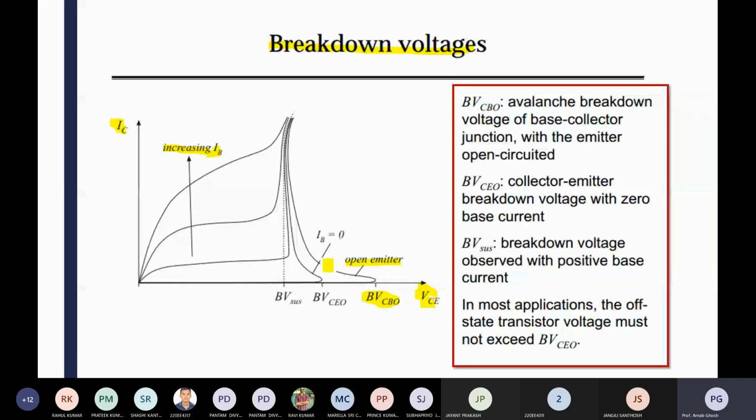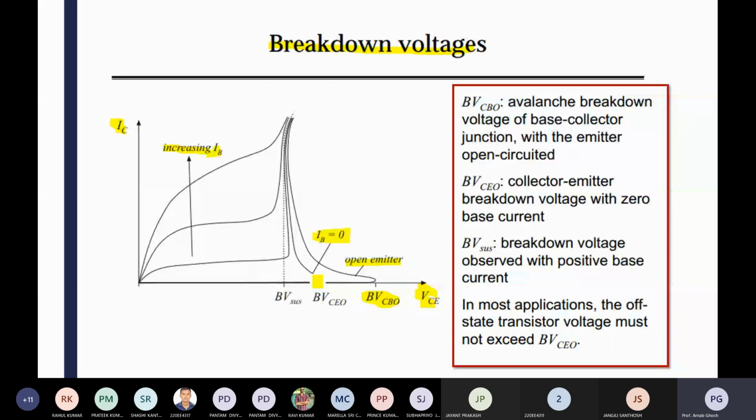Okay, so the emitter is open, so you should apply a huge voltage to turn on that device. How do you turn it on? There will be some avalanche breakdown, and your solid state device will be turned on. Then if you increase the value of IB, after avalanche breakdown you can see that IB is 0, but the device is turned on.